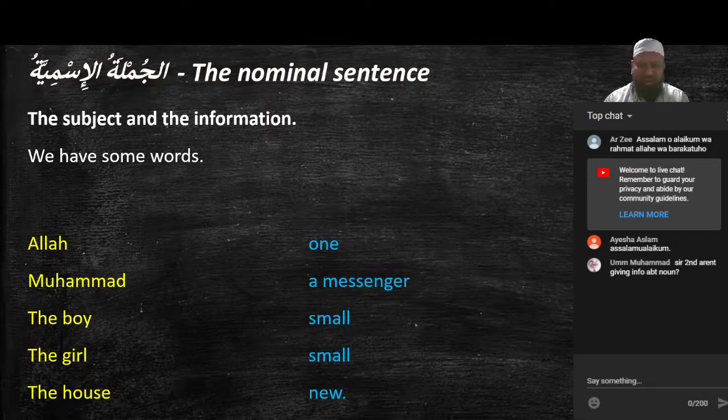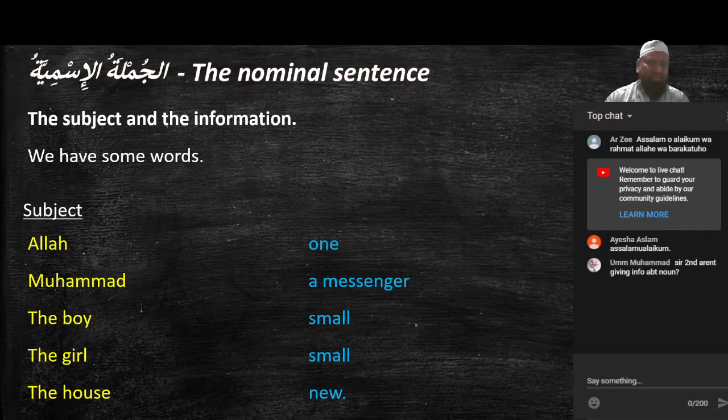So if you put them together and you say Allah one, still doesn't make sense. We need to link them. We need to link these two words together to give us information or make sense. Muhammad, a messenger, again doesn't make sense. We need to link. Okay? So in English, we need to add a word to link. And that word is,